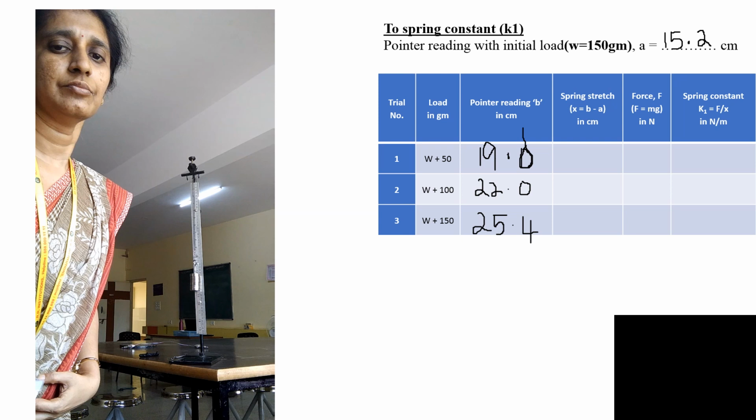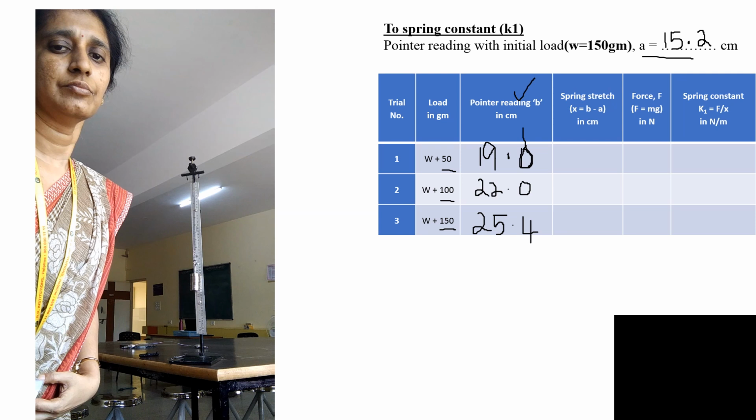The spring stretch is given by B minus A. B is nothing but the pointer reading along with 50 gram and dead load, similarly 100 and dead load, 150 and dead load. With dead load alone, the pointer reading we call A. So if I subtract B minus A, it gives me the spring stretch for 50 grams, 100 grams and 150 gram respectively. For the first one it is 19.0